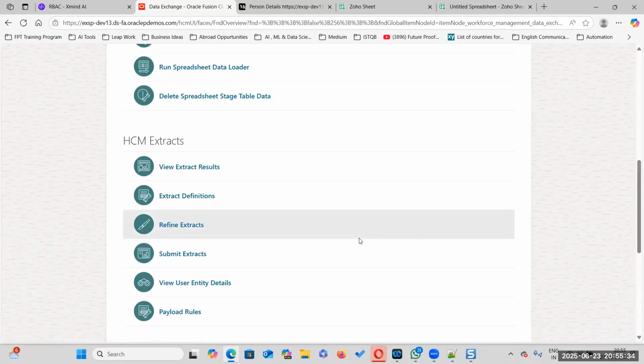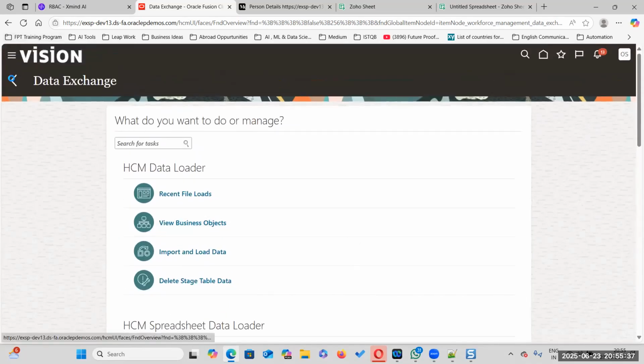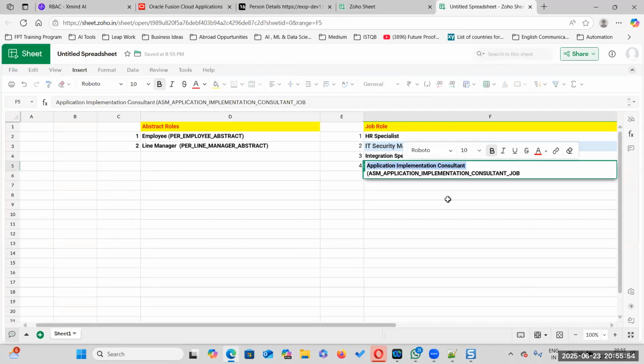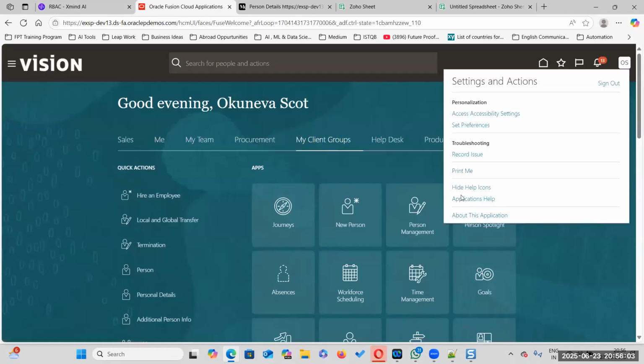Now we have added data exchange, meaning the integration specialist role. So what is the final role? In implementation consultant, functional implementation consultant, or functional consultants, I want to add this role. Right now he is doing setup and maintenance and cannot do any kind of implementation projects.